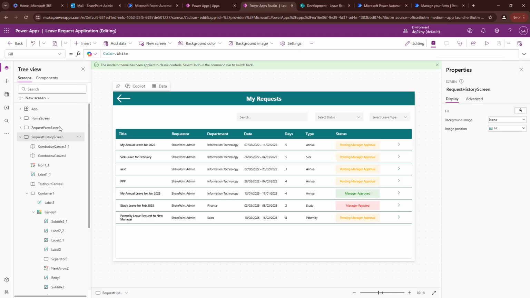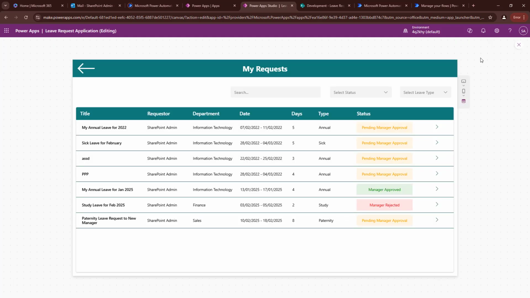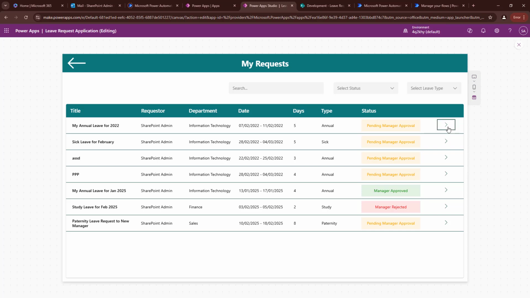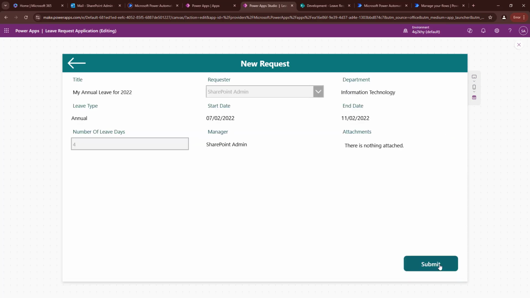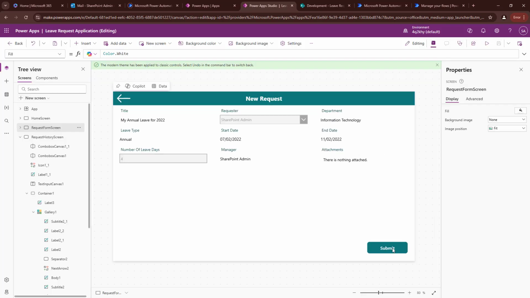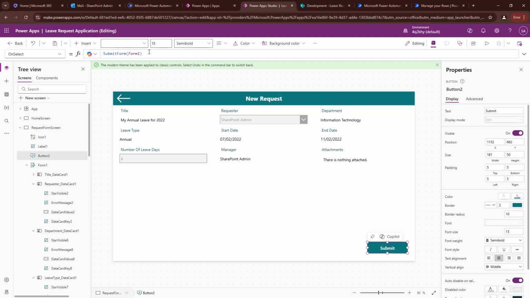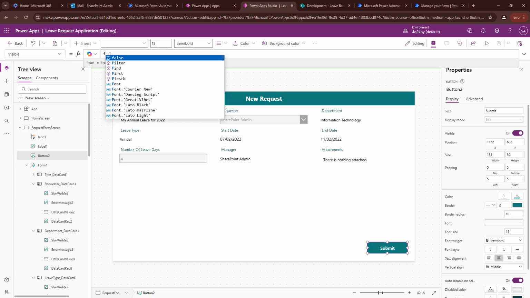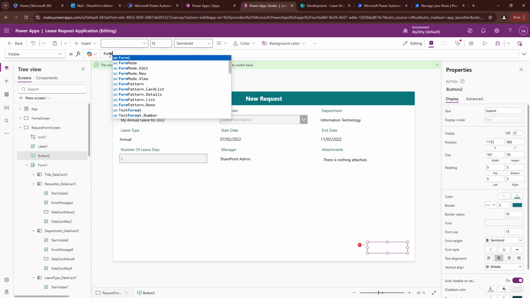There are still additional things to do. As you can see, when I come here, I'm still able to see the submit button. So we may want to also disable it or hide the submit button whenever the form mode is not new. So I can go to the Visible property of this button. Instead of just making it visible all the time, I want it to only be visible when the mode of the current form, Form1.mode,